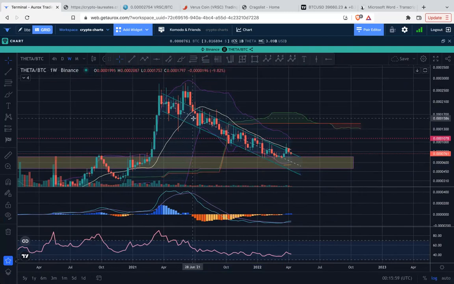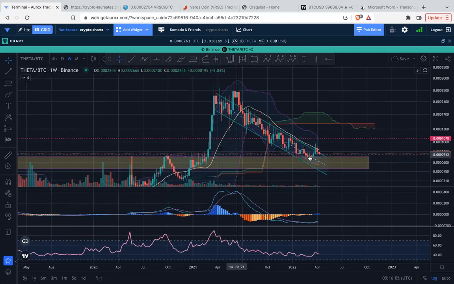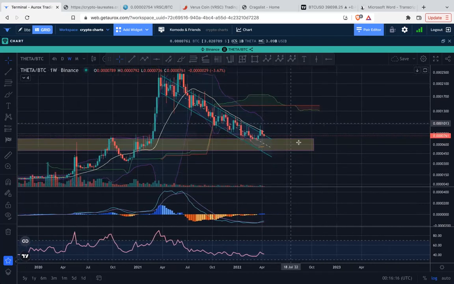As you can tell, it doesn't necessarily mean the price is going to go hard, but at least it showed that the price can slow down momentum. Good support on the previous resistance, and now it bounced up to the 20-week moving average, just coming back down. I'm going to get rid of this horizontal line as well. Okay, so that's where we are. Here's the 200 weekly moving average around the 5,500 Satoshis level, currently trading around 7,600 Satoshis. So that's the Theta price chart.